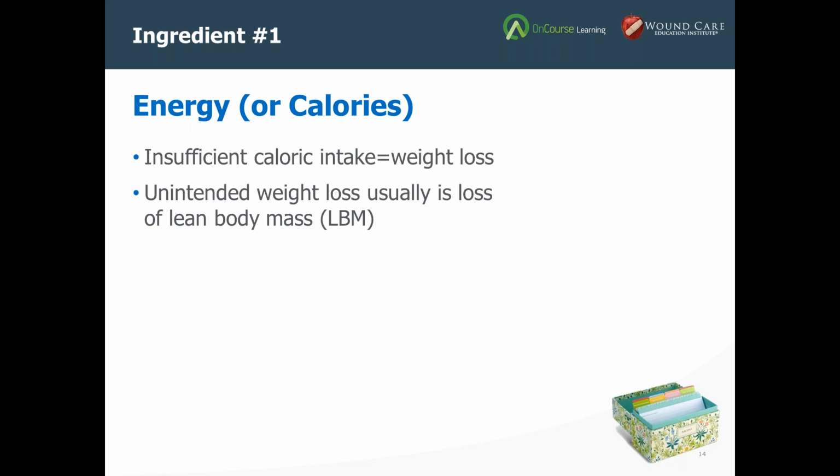And when patients don't take in enough calories, how does that manifest itself? Well, as weight loss. Now, I see a lot of patients who bounce around. They've lost 2 pounds this week, then they've gained a pound, then they lost 3 pounds. So you've got to look at this over time. If they're on a downward trajectory, they're probably not taking in enough calories or their body is using more calories